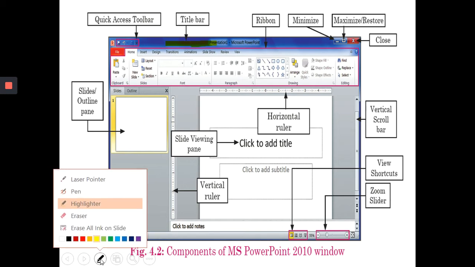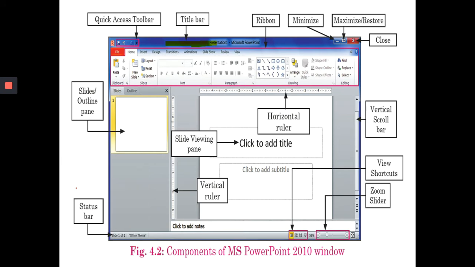Now see there is written presentation. এখানে লেখা আছে presentation. So presentation 1, you can give, suppose তুমি যদি living and non living thing এর উপর কোনো project করো, so you can give the name living and non living thing. So আমার প্রজেক্টের যে নামটাই হবে, সেটা যদি সায়েন্স প্রজেক্ট হয় আমি দিলাম সায়েন্স প্রজেক্ট, হিস্ট্রি প্রজেক্ট হলে আমি দিলাম হিস্ট্রি প্রজেক্ট। তো এই নামটা কে ডিসপ্লে করবে, টাইটেল বার। ক্লিয়ার?